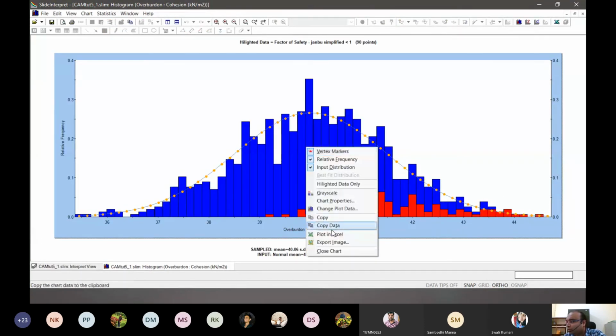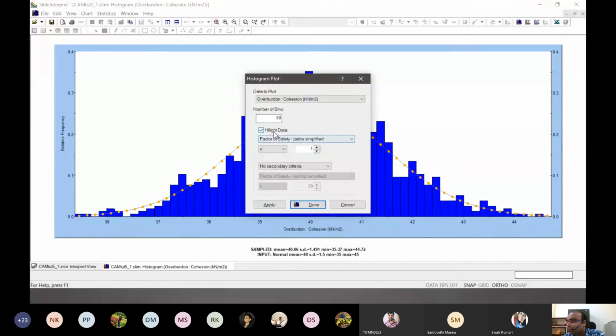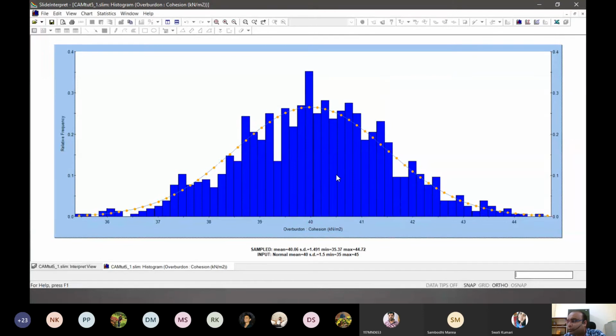Yeah. So suppose this is for cohesion, right? And let's open the other file that had the hypercube function.